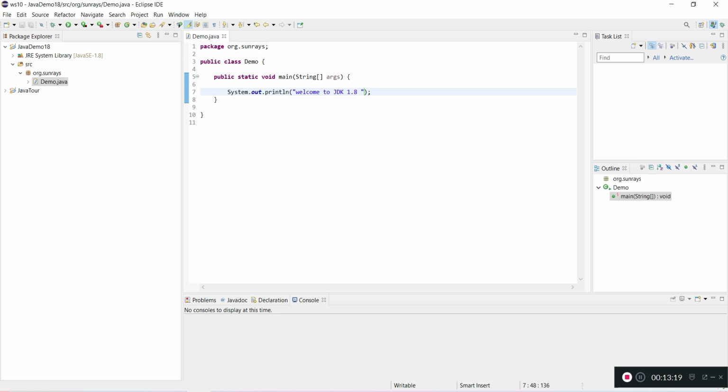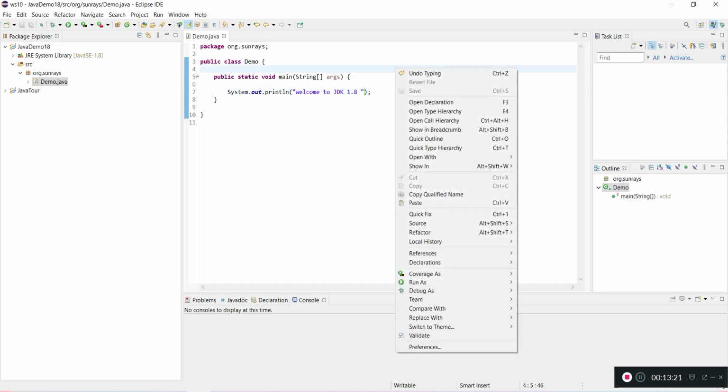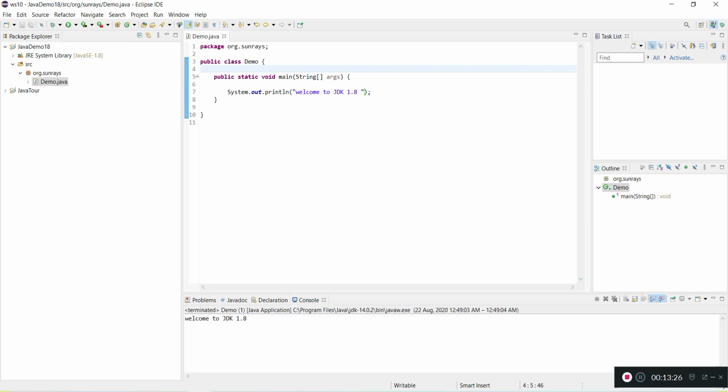Yeah, right click and run as Java application. Here one thing you can see, it is still taking JDK 14 by default. So let me change that configuration.